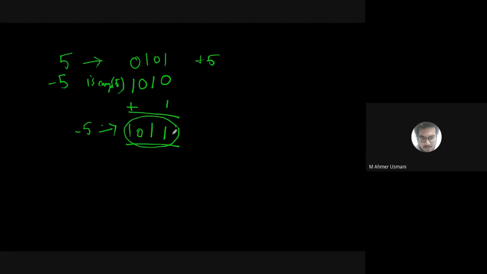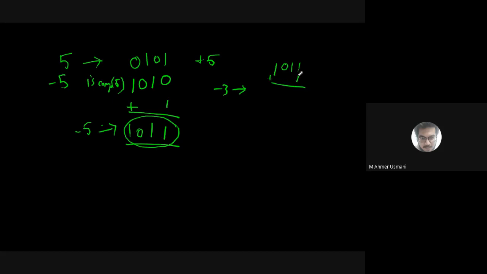How to get any number. Fine, just tell me. I'll give you some random numbers and you convert them into 2's complement. So -3, find its 2's complement. 3 can be written as 0 1 1. Since it is -3, what will you write here? You write 1. What is -3? 0 0 1 0. Now add 1 to it.